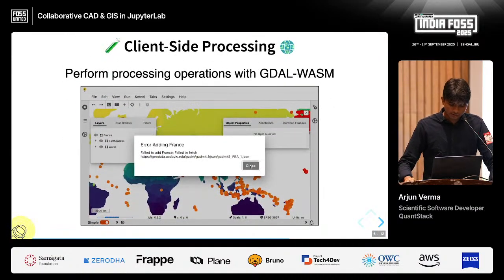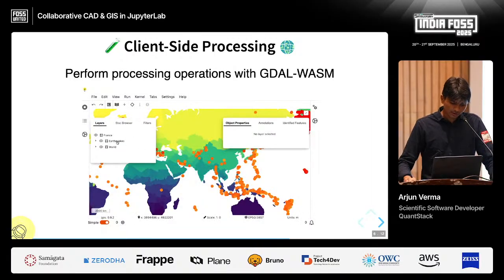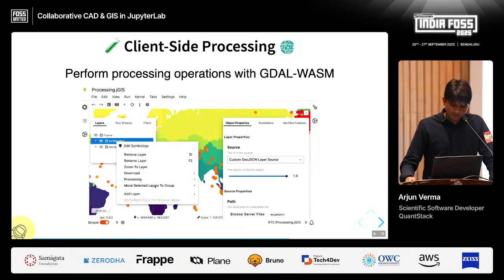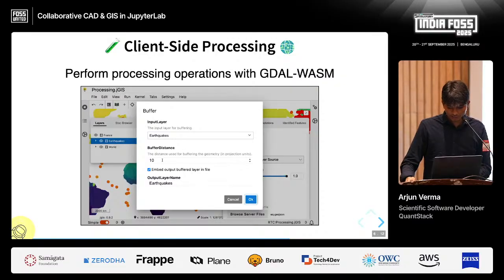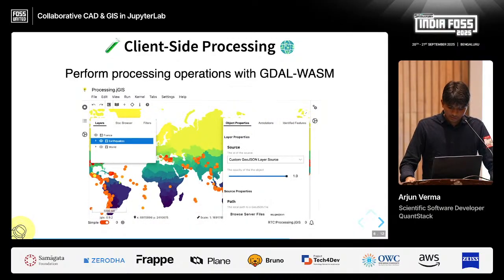And we also have this processing toolbox like QGIS. If I click on a layer and select this processing, I can do all of this with the layer. I can maybe create a buffer. So I have this earthquake data, and I want to see what the risk is. On the 10-kilometer radius there is a lot of risk. Maybe I'm not sure about the units, but within 10 units of the center of the earthquake, all the buildings are at risk. So I would buffer it, and in some time,